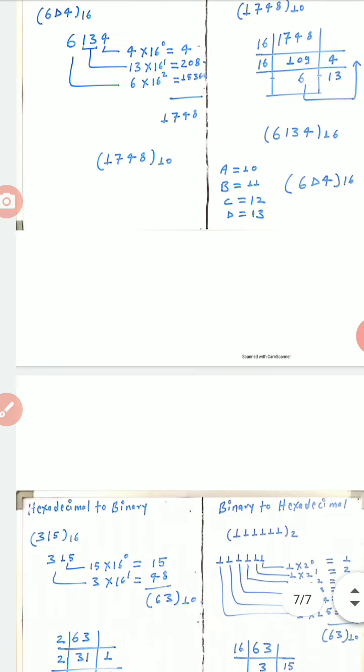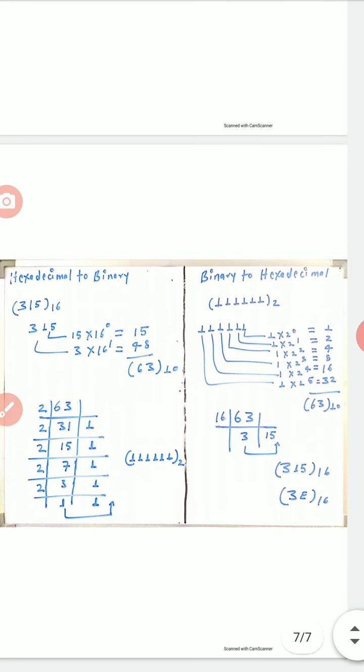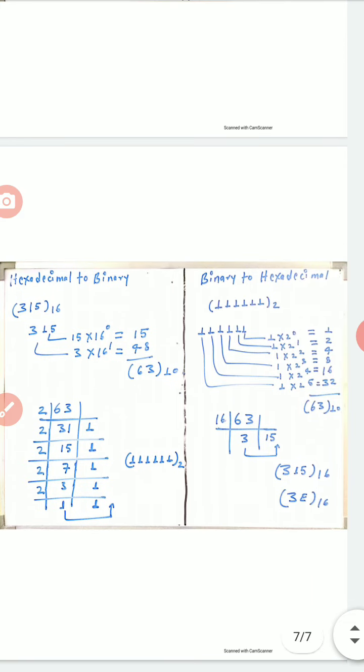as I did. So binary to decimal, the binary number is 111111. What I need to do is convert the binary into the decimal, multiplying by 2 and keeping the powers going. So 1 into 2 to the power 0, 1, 2, 3, 4, 5. If you take the sum of it, 1, 2, 4, 8, 16 and 32, which is 63 base 10. So the binary number 111111, if I convert it into the decimal number, then I get 63,